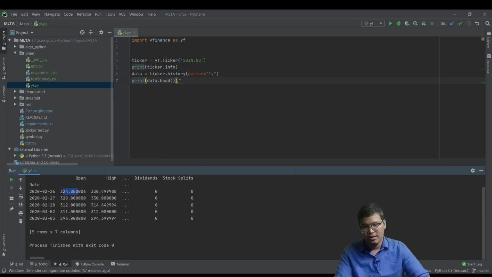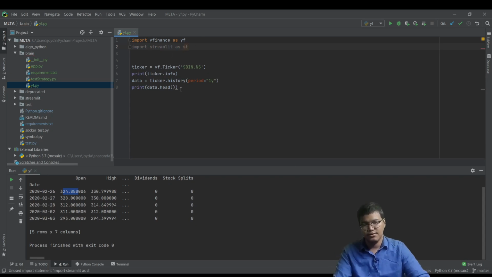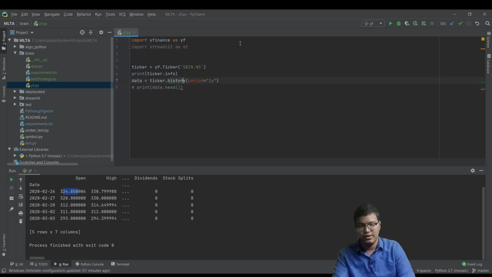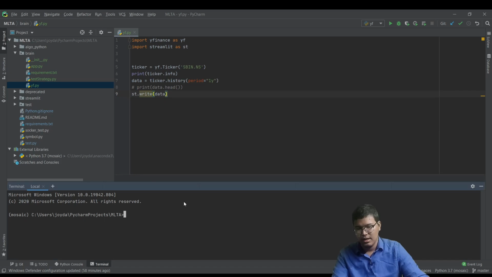We can see that using a tool known as Streamlit as st. Okay, so this tool helps us to load the data. Okay, so what we will do, we will not print it out, we will instead do st dot write data. Okay, and instead of running it like this, what I will do, I will go to terminal, and then